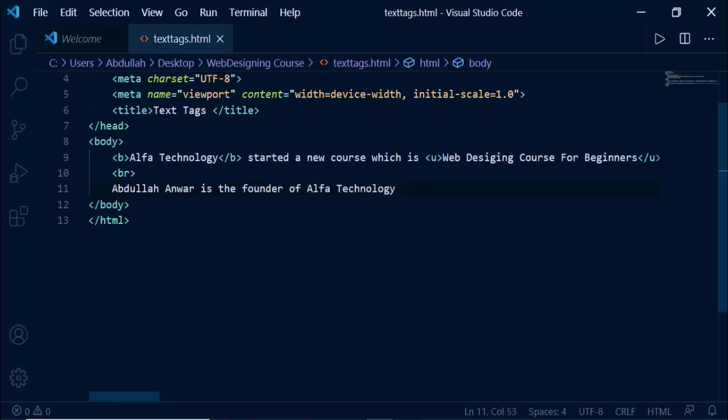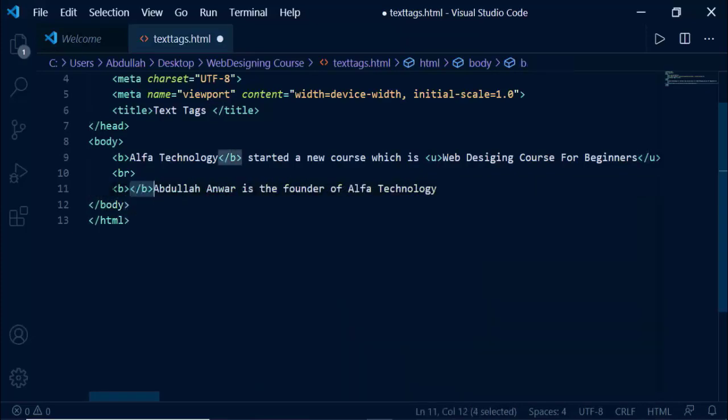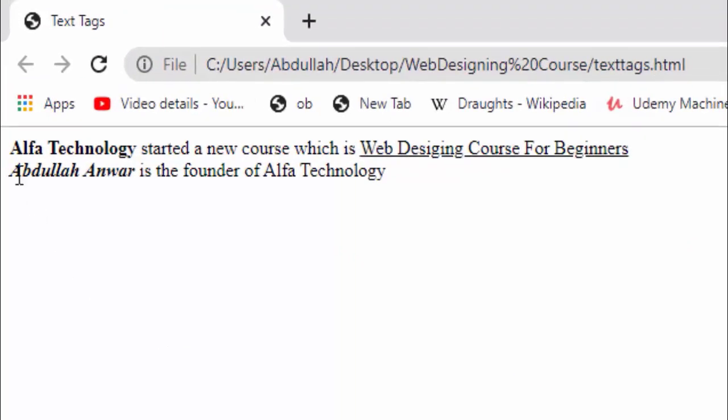Now I want this text to be bold. So I will type Abdullah Anwar in B tag, and I also want this to be italic. So here I will put I and close the I tag right here. Now if I go back, you can see Abdullah Anwar is bold text, but it's also italic text.